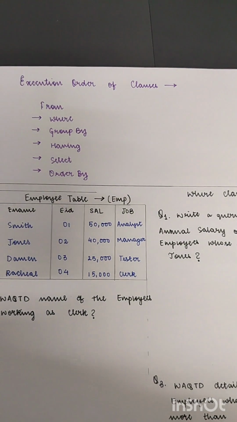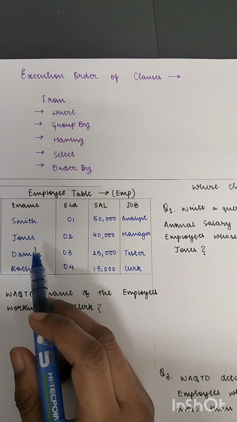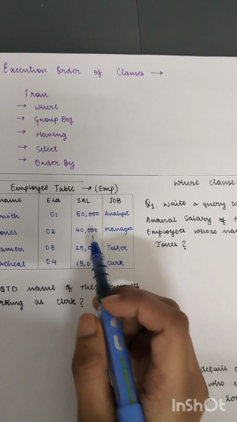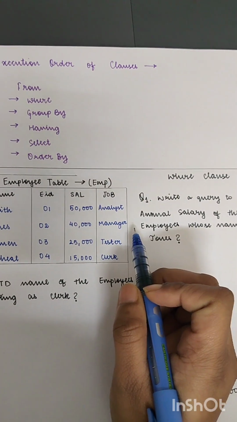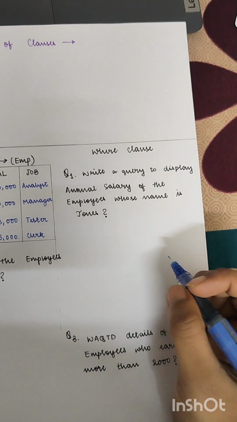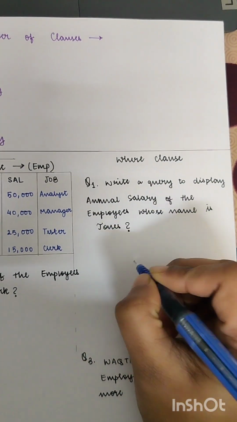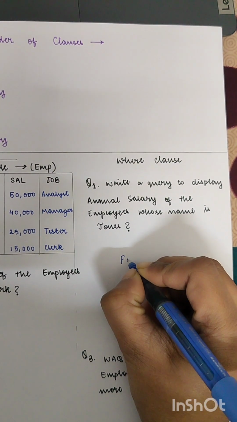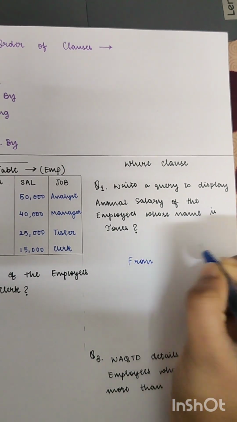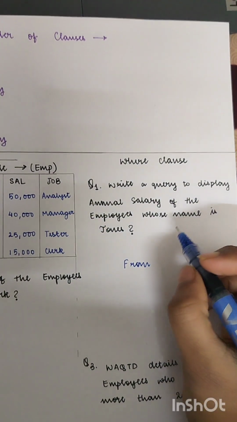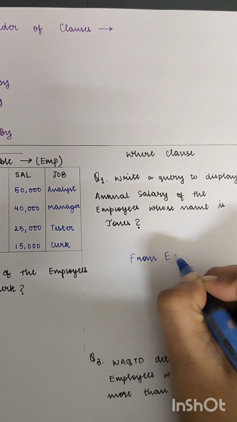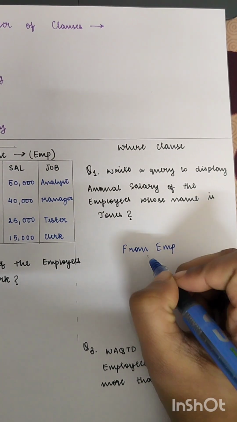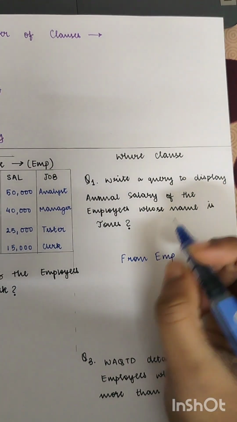Now this is the table. Jones has the salary 40,000, but it is not given what the annual salary is. So how do we write this query? First of all, we will write the table name, which is given as EMP. So we will write FROM EMP because we want that condition from the EMP table. Then we will select